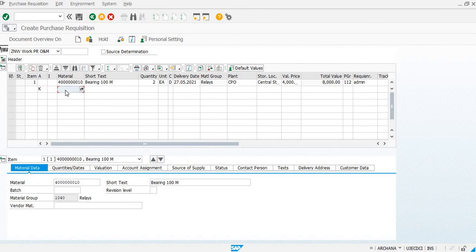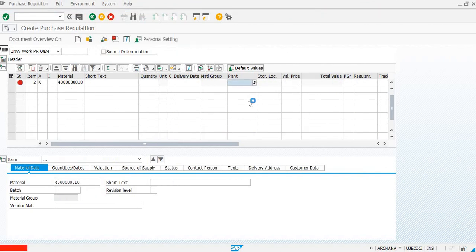Now we'll take the material code. Click on enter. Plant code.